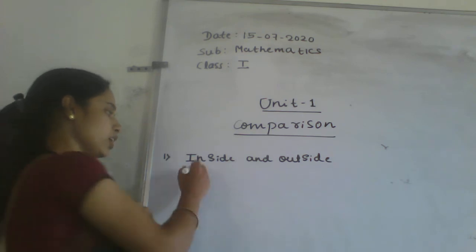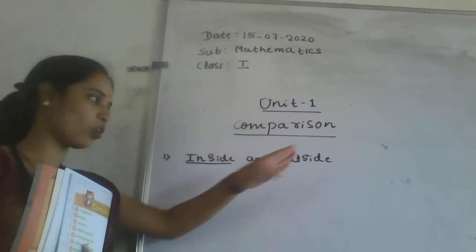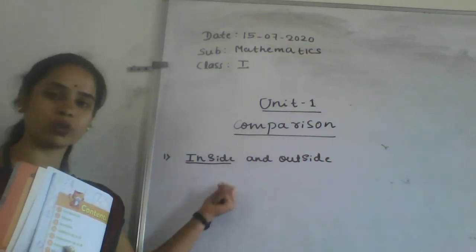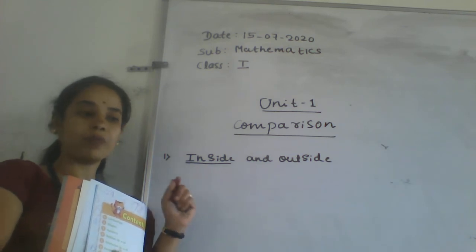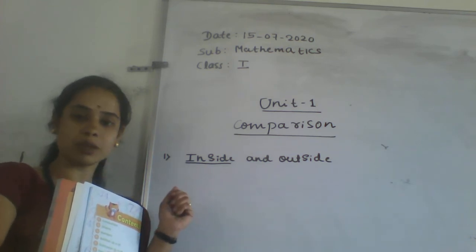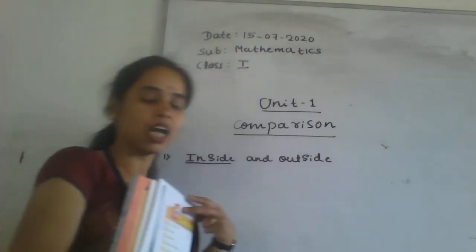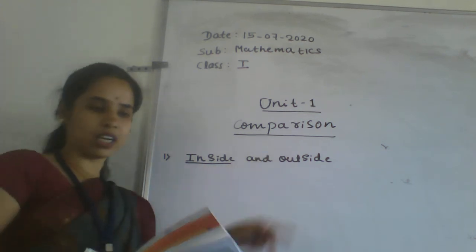Inside and outside, it's the opposite word. You may see it. Inside contains two words here. In means in. Out means out. Daily you are familiar with these two words. Come inside, go outside, right now. When you enter the class, you may ask permission: May I come in, ma'am? Come in means inside, right? I will show you an example to make it clear now.